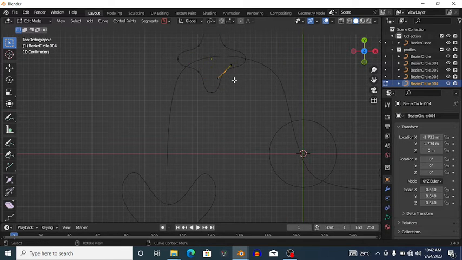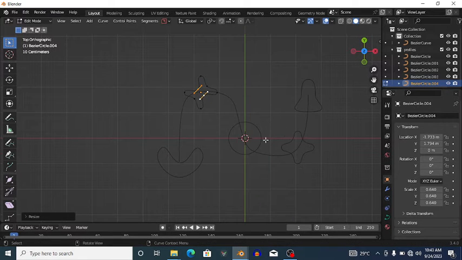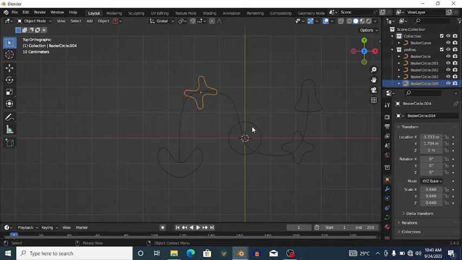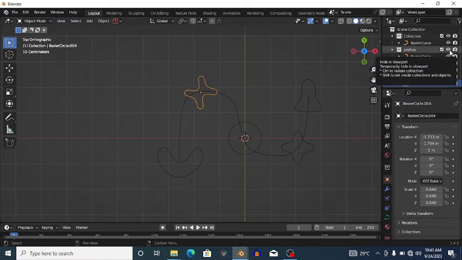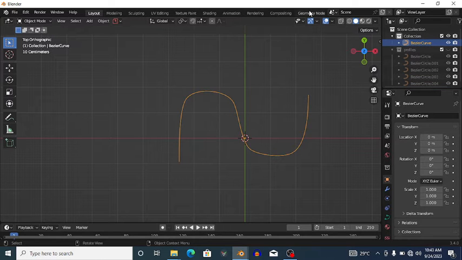Maybe it shouldn't have this point, like that, although it looks funnier now. Maybe I bring these points closer and something like that. Yeah, it looks more distinct from that one. And we are done. So I'm just going to hide the profiles,